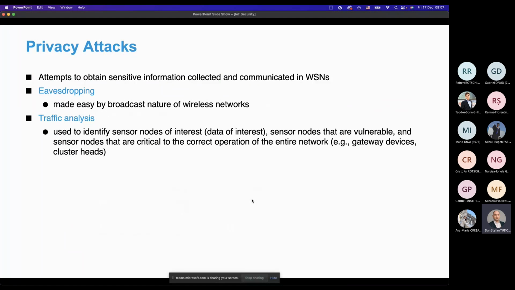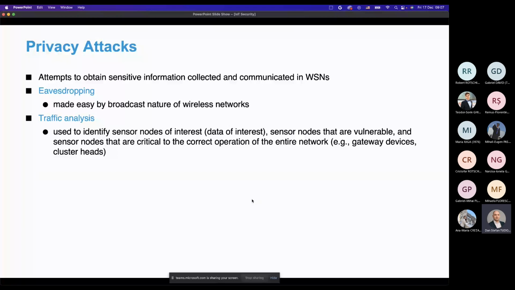Then you have privacy attacks. Usually these are attempts to obtain sensitive information that is collected and communicated in sensor networks and in IoT solutions. That is, an adversary may attempt to obtain sensitive information just by accessing the information that is stored on the sensor node, or by just eavesdropping on the network itself. So the fact that you have a